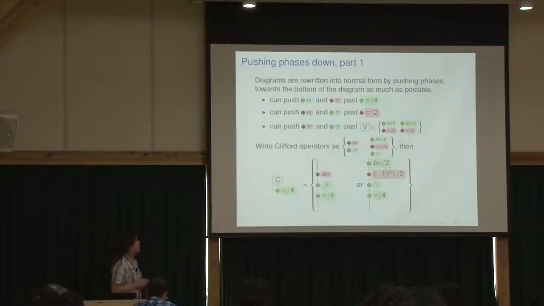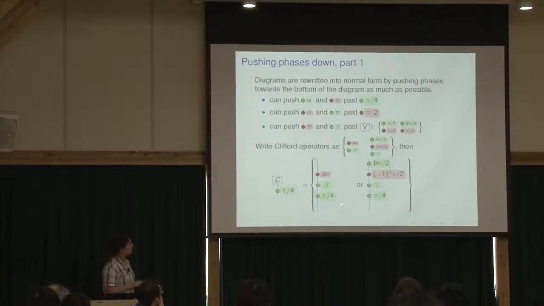So as an example of how this happens, if we have a general Clifford operator sitting above a green pi by 4, we're now going to use the second normal form for Clifford operators. So this means that this diagram will either look like that or like that, depending on whether we have a red phase that's a multiple of pi or not. As said before, all the Latin letters here are either 0 or 1, and all the Greek letters are multiples of pi by 2. So if we now rewrite this first diagram, trying to push phases through to the bottom,